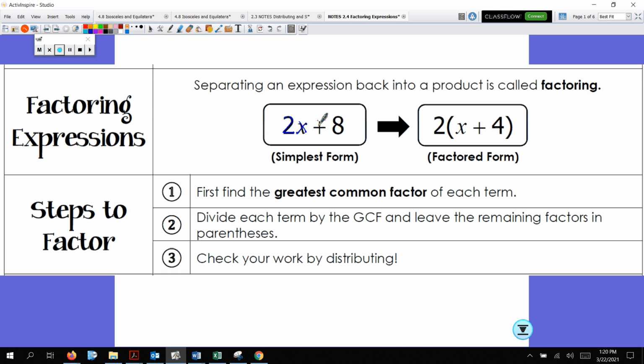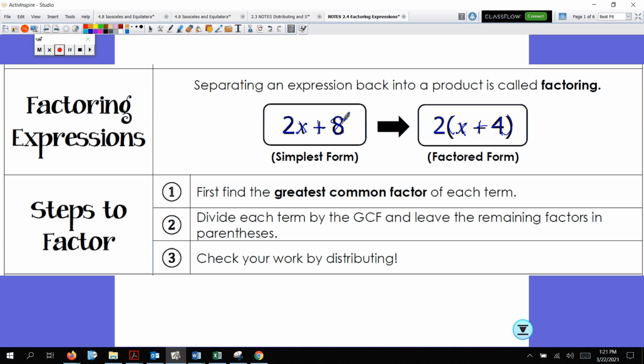So look here. I have 2x plus 8, this is in its simplest form. 2 times the quantity x plus 4 is factored form, okay? So before we were dealing with these problems and we were making them look like this, now we're going to